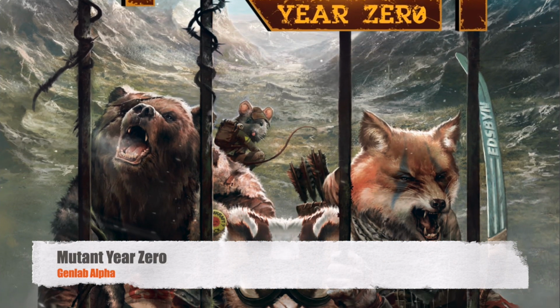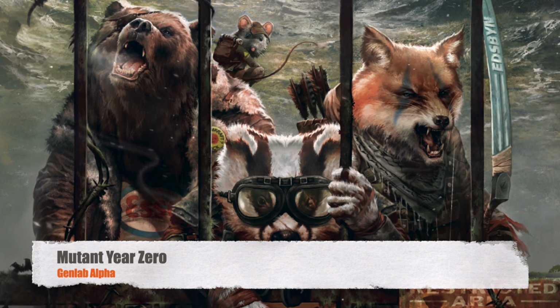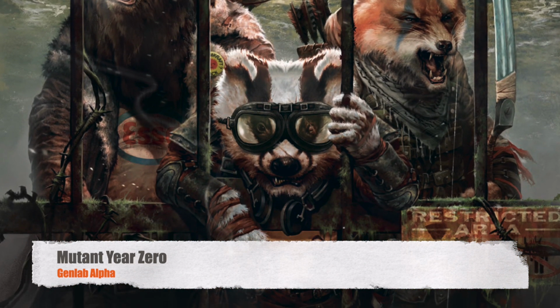Today we're diving into the fascinating and at times somewhat disturbing world of Mutant Year Zero. In particular, its exciting expansion, Genlab Alpha, published by Free League. Now, in recent months I've become a bit of a Free League fanboy, if I'm honest, and this is mostly because